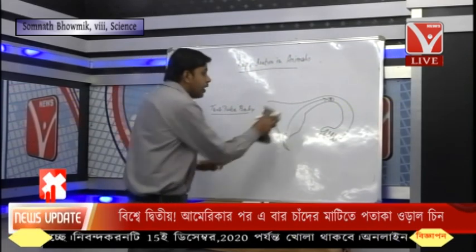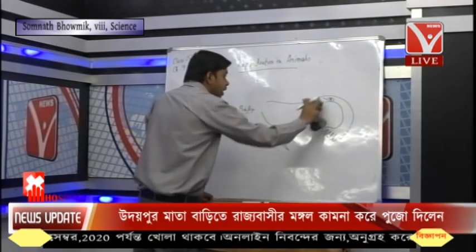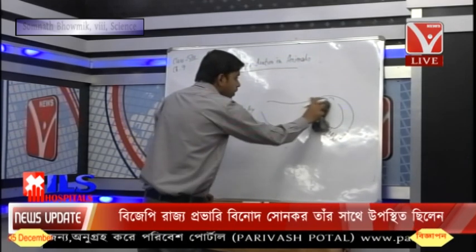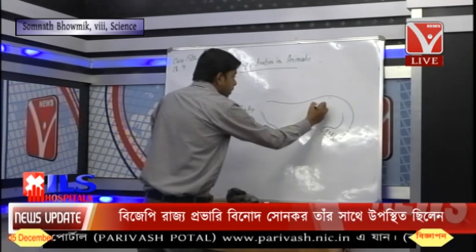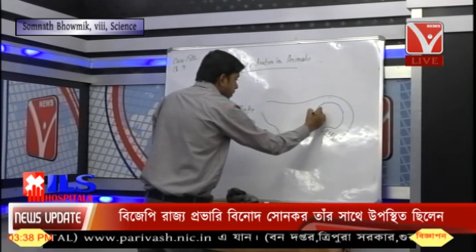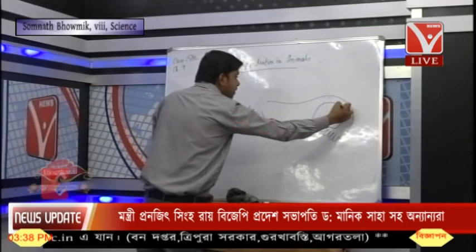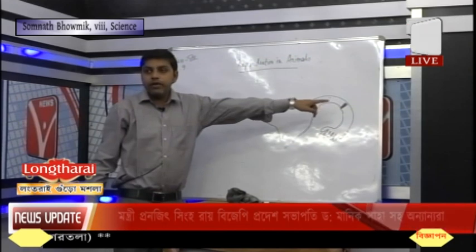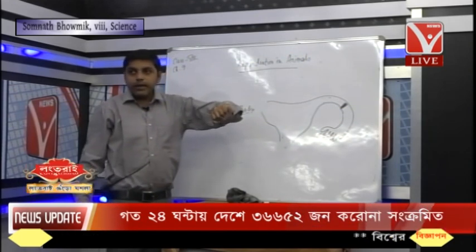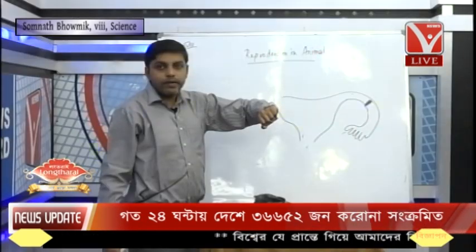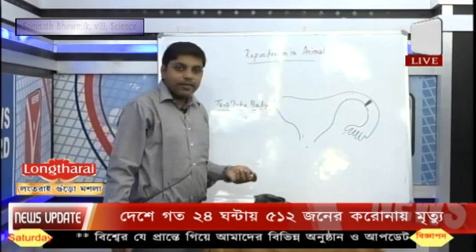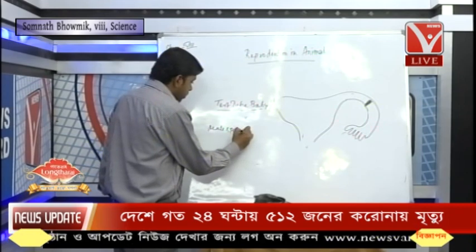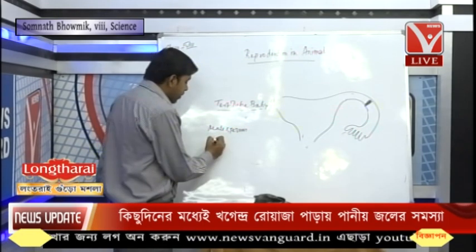Now, suppose the male sperm is not able to reach the female gamete because of a blockage in the oviduct. Because of this blockage the sperm cannot reach the egg, so in that case the sperm will not be able to fertilize the egg. So in these cases the male sperms of the particular individual